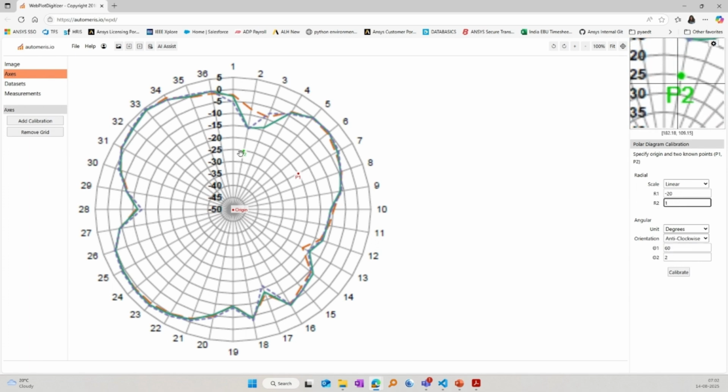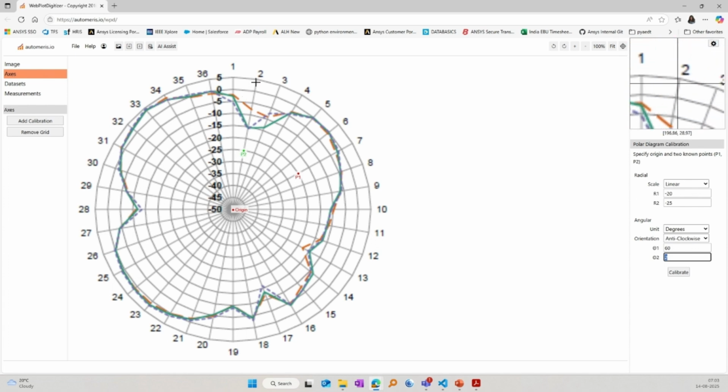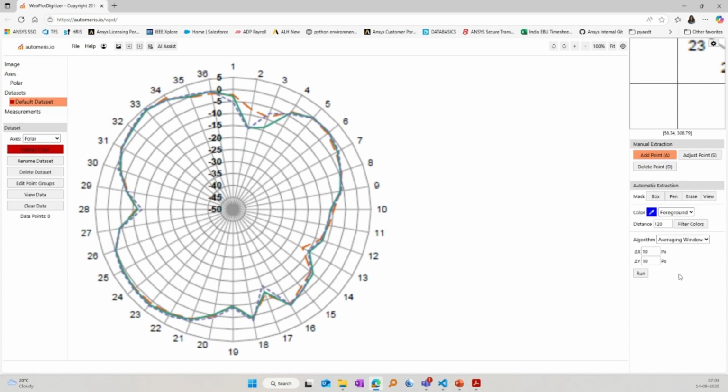So R2 for P2 is -25, and theta 2 is 10 degrees. Okay, and then we will ask this to calibrate. Okay, so calibration is completely done. Now we need to see from, if we go to the data sheet,